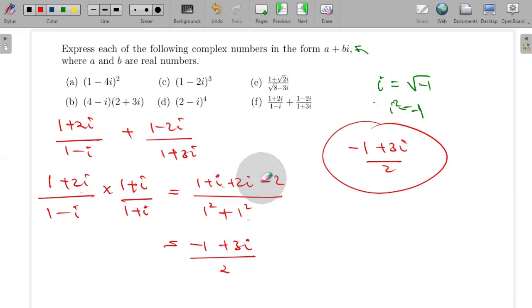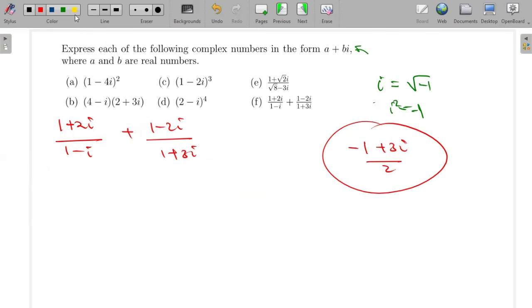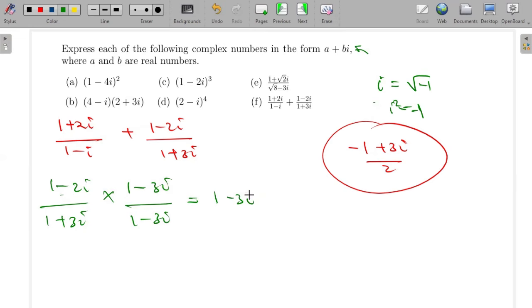And then let's look at the second part, which is I'm going to rationalize. That is 1 minus 2i over 1 plus 3i. Okay, so this here I'm going to multiply by its conjugate, that is 1 minus 3i, and down there 1 minus 3i. So on top I get 1 by 1 gives me 1, 1 multiplied by 3i, I get 3i there, the negative by that gives me -2i, then that by that will be a positive, but then because of the I squared, I'll get negative there,